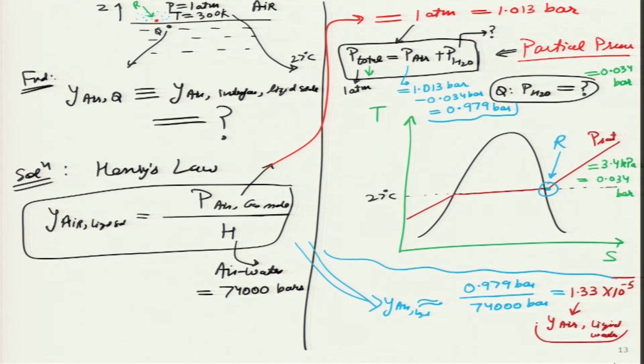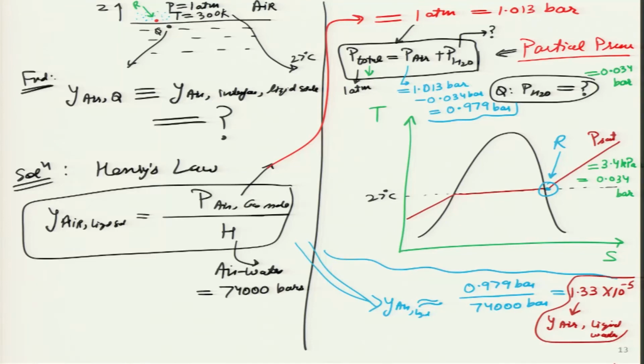So, under thermodynamic equilibrium, even if I get distilled water or some other demineralized water, any kind of water I get from anywhere, lake or any place, if I keep it in a glass, fill it and then leave it for long period of time, so that it reaches thermodynamic equilibrium, pressure, temperature, relative humidity and dissolution of oxygen. So, oxygen will go and diffuse inside that water and it will reach this particular point. So, it may reach 1.33 into 10 to the power minus 5, which is very small. It is like 13 ppm, parts per million.